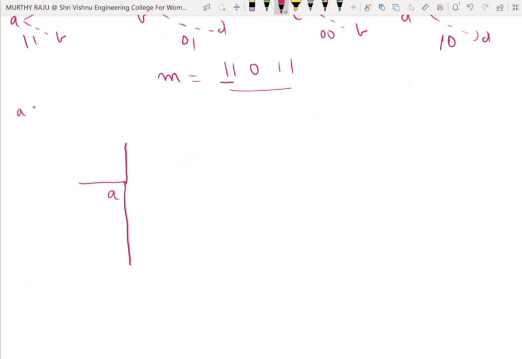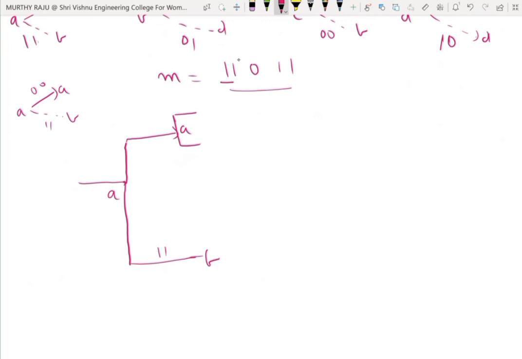Here we use A to A, A to B, 0 0 1 1. A goes to A and A goes to B, with the output indicated on this branch, because the initial bit is 1.